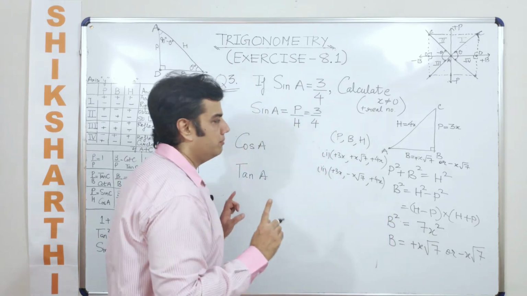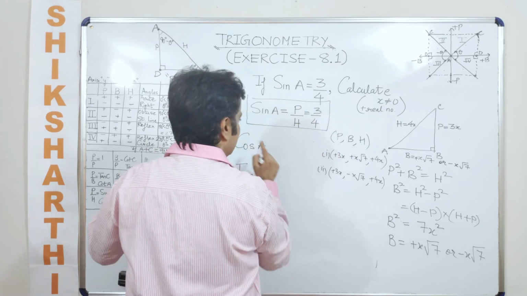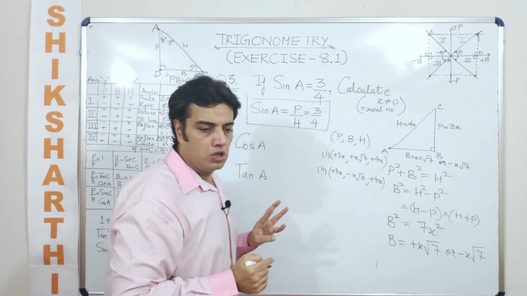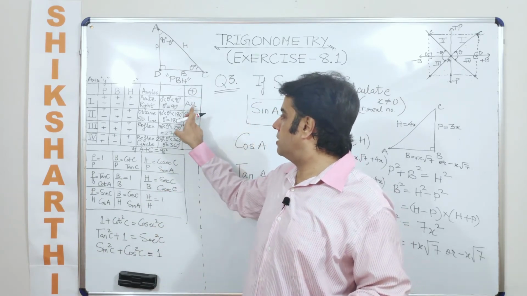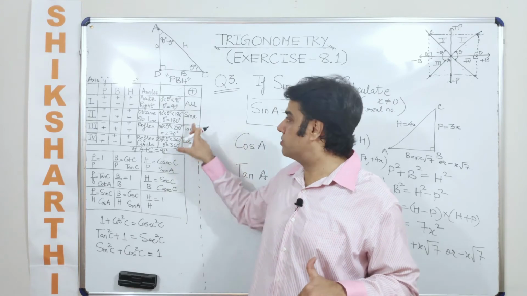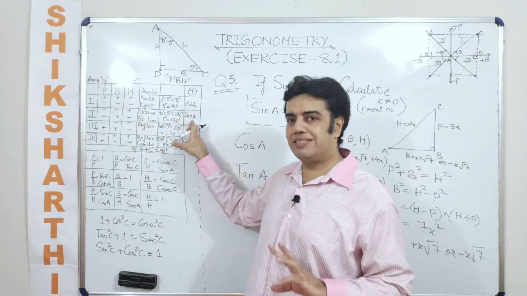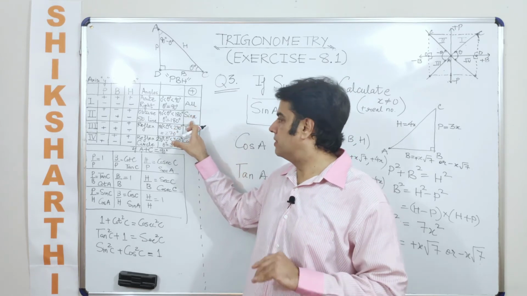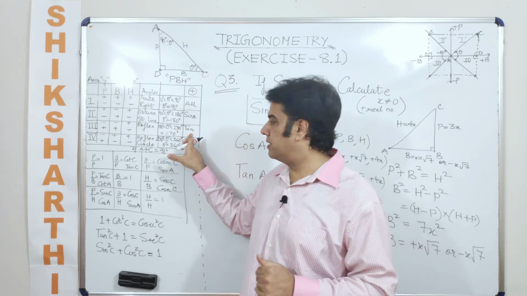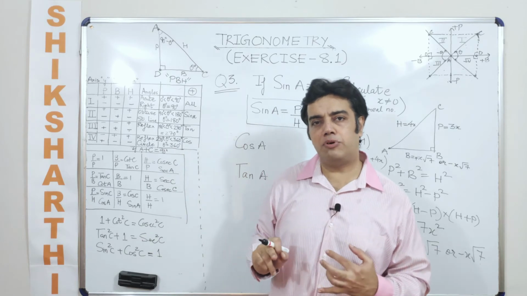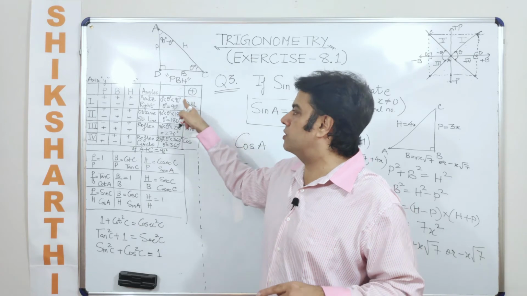So the point that I am trying to make here is, when you are saying that sine A is equal to 3 by 4, either you use the concept of PBH or you use alternatively the concept of "All Students Take Care". In the first quadrant all the six trigonometric ratios are positive. In the second, sine and cosec are positive and the remaining are negative. In the third quadrant, tan and cot are positive and the remaining ratios are negative. In the fourth one, cos and sec are positive and the remaining are negative. Either you talk about PBH or you talk about this, which is nothing but the outcome of PBH only.